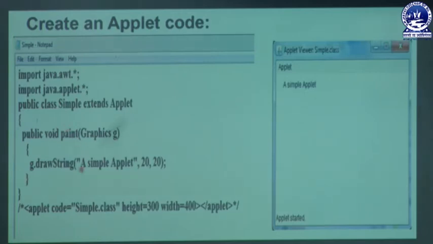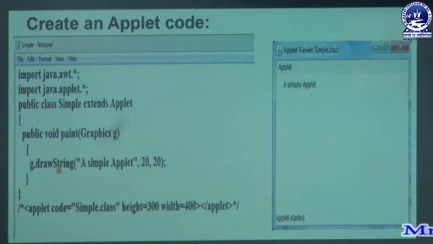Inside that paint method we have a predefined method named drawString, which can be invoked through an object of the Graphics class, written as g.drawString. The d should be small letter and the S should be capital. Both are combined together to create a single word, drawString.